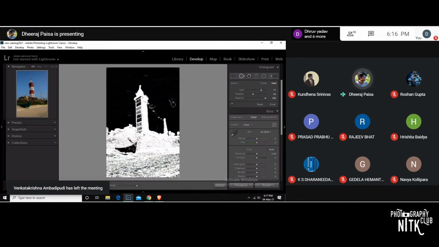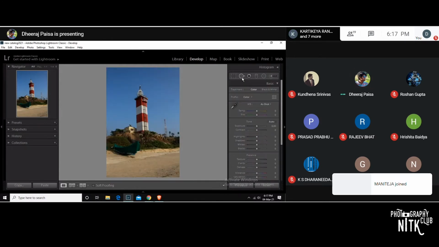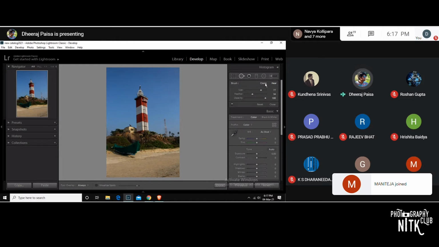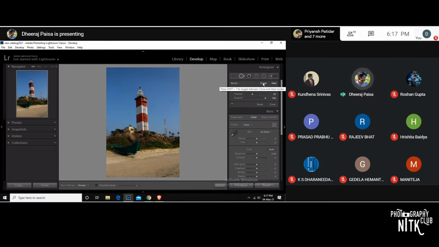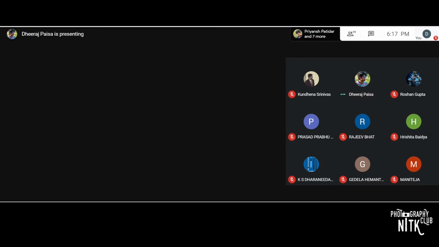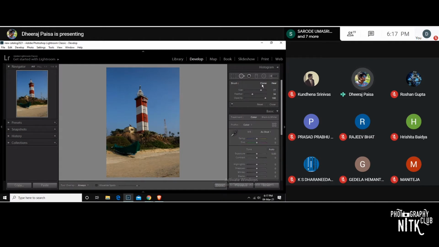See, here you find all the lens dust. In order to remove this, we use this spot removal tool. Here you find two options. One is cloning and one is healing. Both are almost the same, where cloning is removing a certain part of the picture and replacing it with another part, while healing is removing the part of the picture and replacing it automatically.